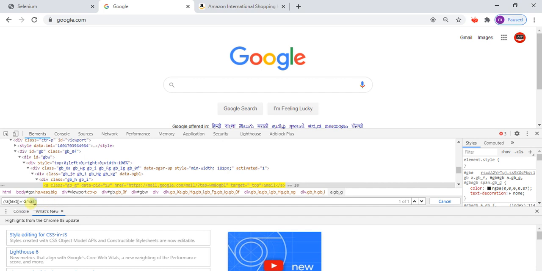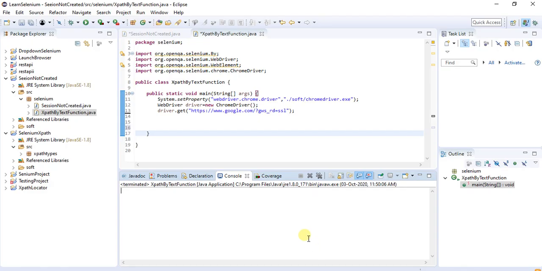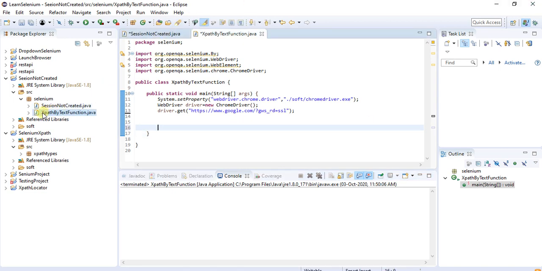Then let me open Eclipse. I have already created the class and written this script. I will directly write the XPath. I kindly suggest you refer to the previous videos to understand how to set the system property. This is the driver key, and this is where our Chrome driver exists.